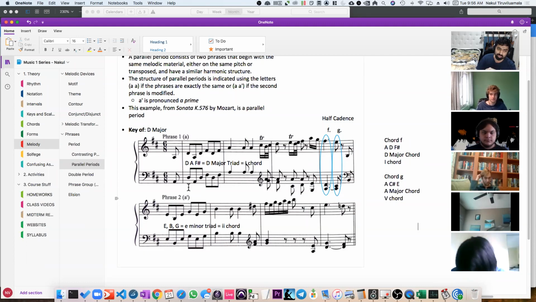This isn't transposed because this actually is different intervallically. If this was transposed, this would be exactly the same quality. What you get here is an E major triad. But this is sequenced, right? This is just, if I basically did this in D major,